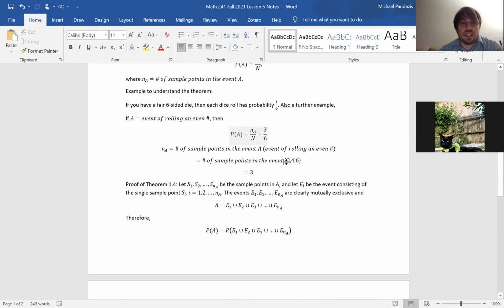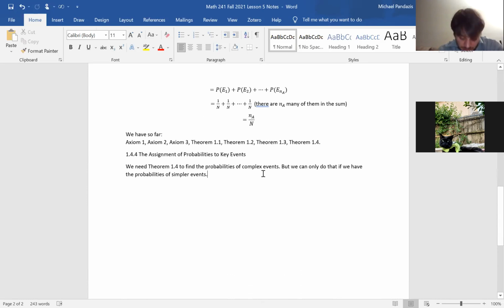So we kind of need that assumption in order to use that theorem. Okay, so the solution to needing these things is that we can use subjective probabilities or empirical data